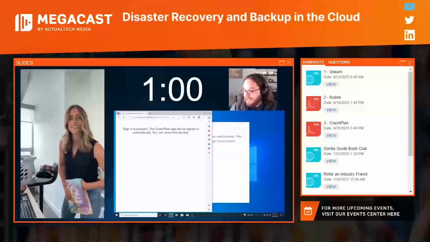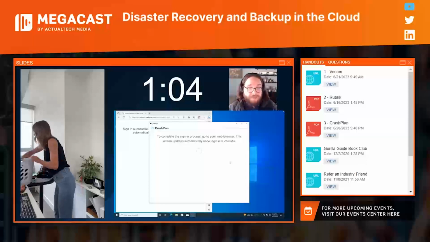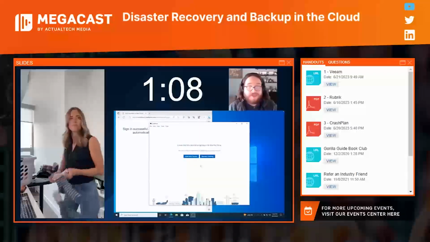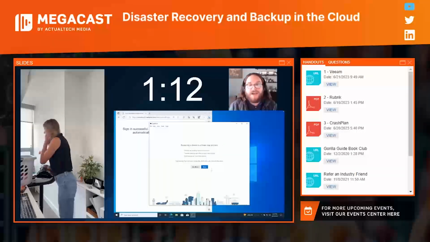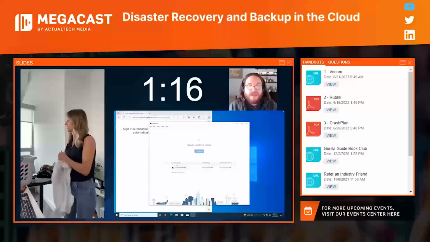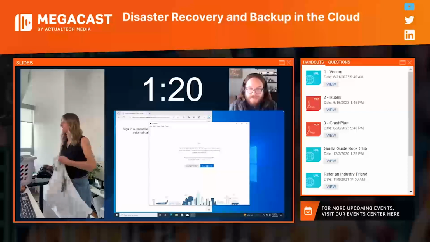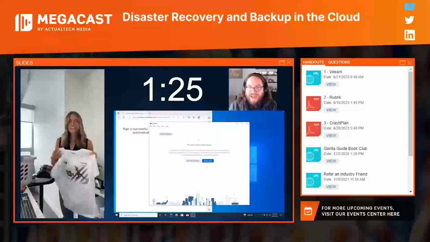Now I've got CrashPlan. I'm authenticated. It is on my brand new device. And it's asking me, is this a new device or am I replacing an existing one? So I'm going to choose that I'm replacing an existing one. I just need to go through these 3 quick steps. I'm going to start. I'm going to pick the device that I'm restoring from. I'm choosing that. And yes, I know that I am moving across platforms. That's okay. And now I just have to select my files.